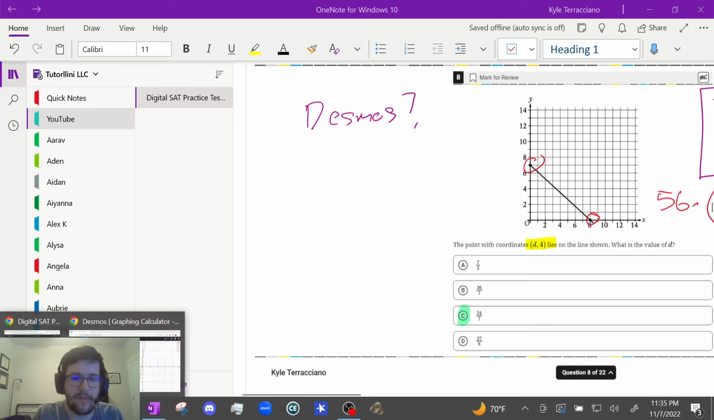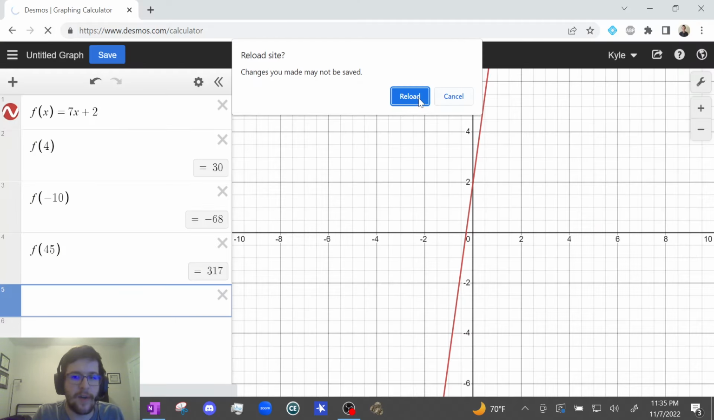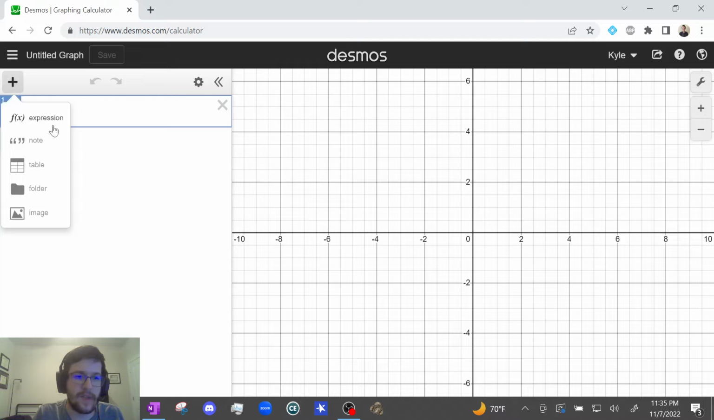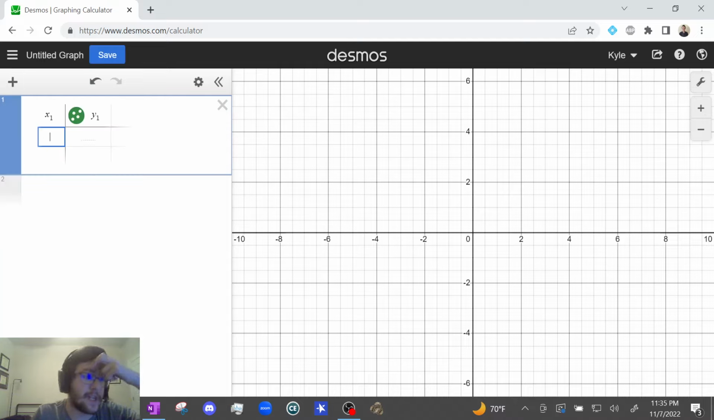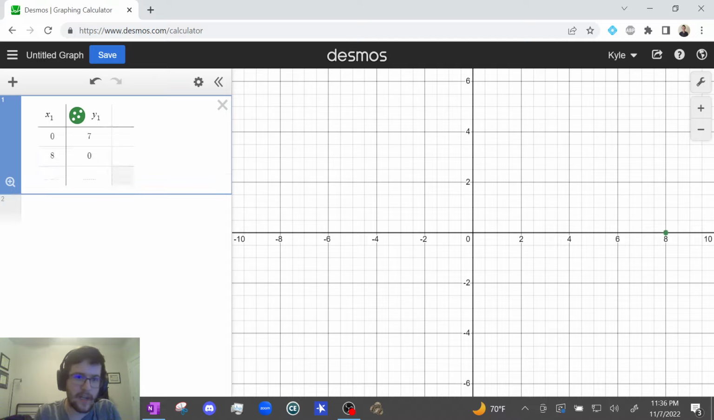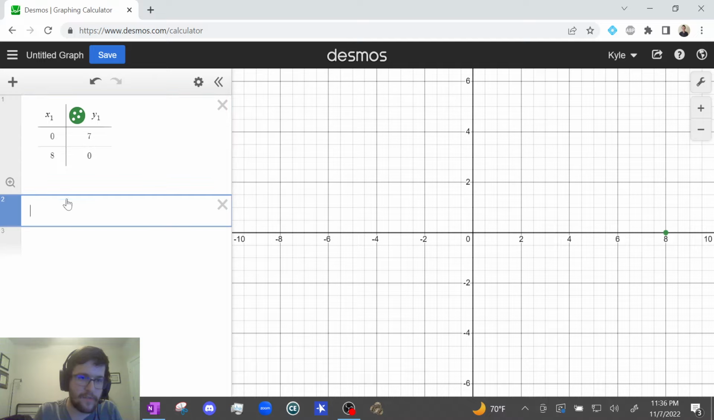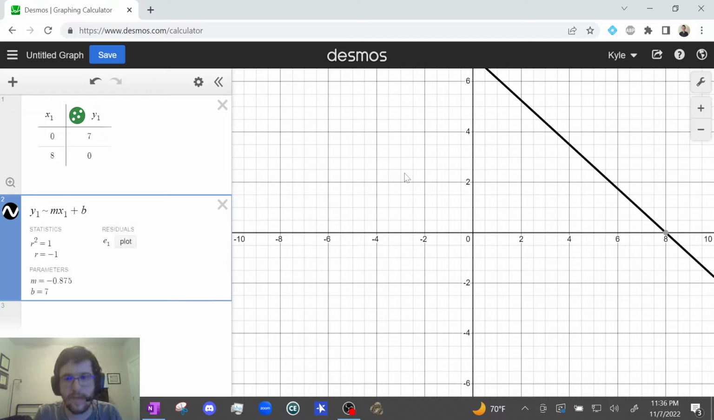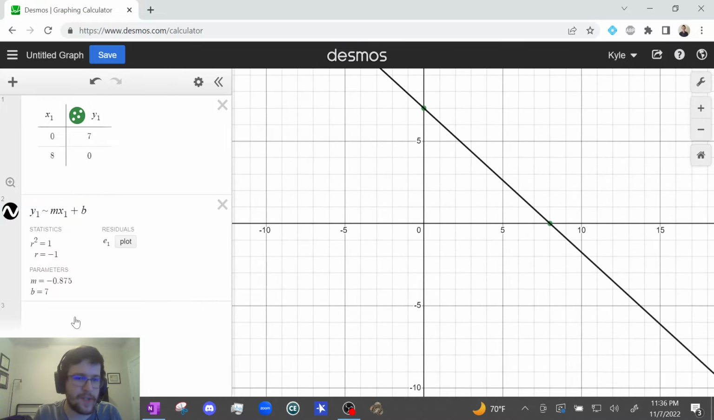using Desmos. It's not necessarily helpful, but I'm just doing it to show you guys the skills on Desmos so that you can practice doing it, so that if you get a harder question, maybe it'll help you. Okay, so we make a table, and then we have (0, 7), and then (8, 0), and then we can do a regression. So y1 tilde m x1 plus b,